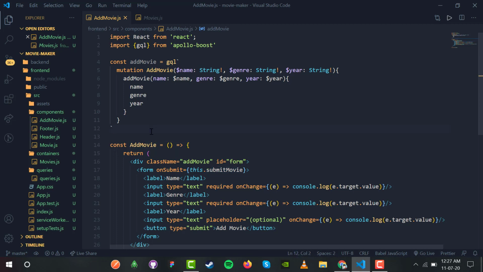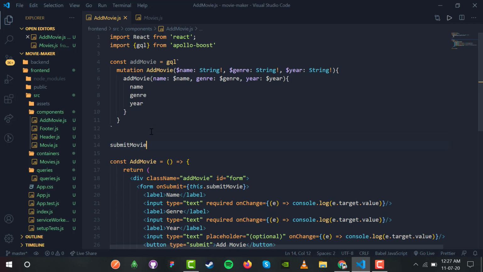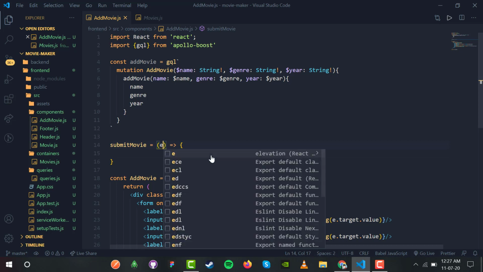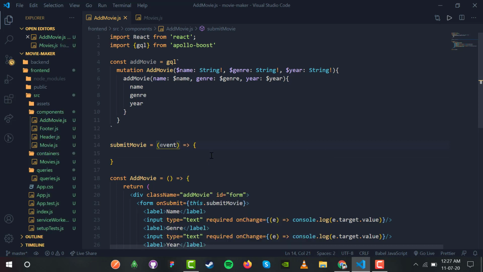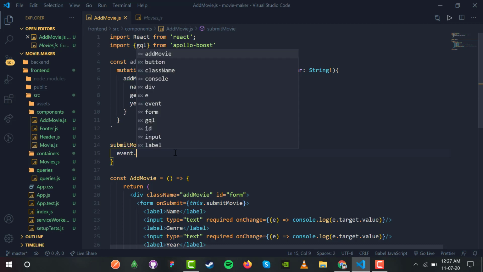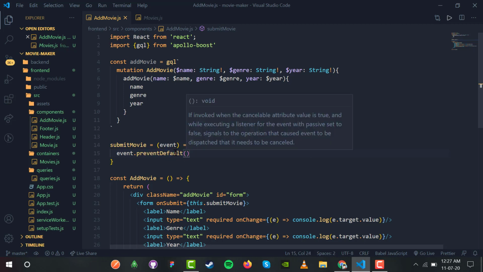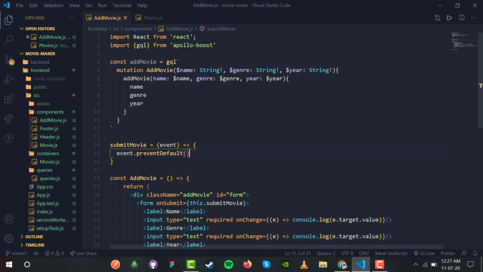So whenever the form submits, we are going to call this.submitMovie. This refers to this class over here. We are going to change this into a class based component. We have the submit movie, and this is a function. It will take the arguments whatever the user has typed in, so it will take the event. So we have event.preventDefault. This preventDefault function will stop the refreshing every time I hit that submit button. So whenever the form is submitted, unnecessary refreshing is not done.